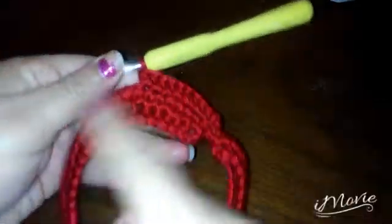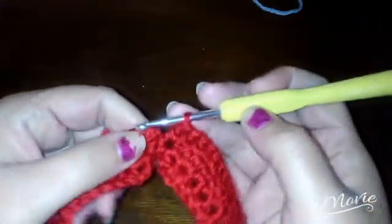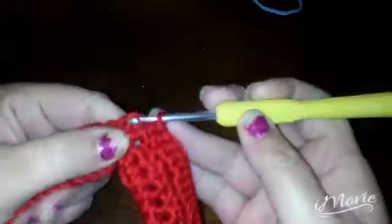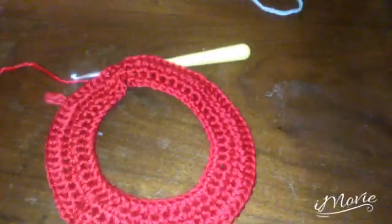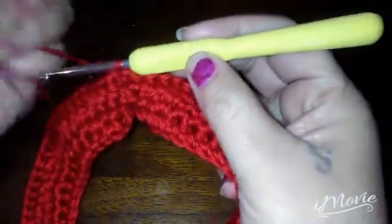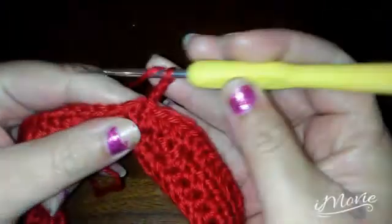Okay, so you're going to do 1, 2, 3, and an increase. And that's a repeat for this row. Okay, now we are going to slip stitch to the top of that chain, and that is the end of this row. Now for the next row, we are going to chain 2, and we are going to do